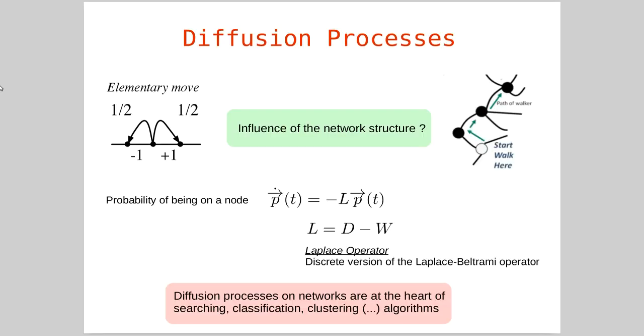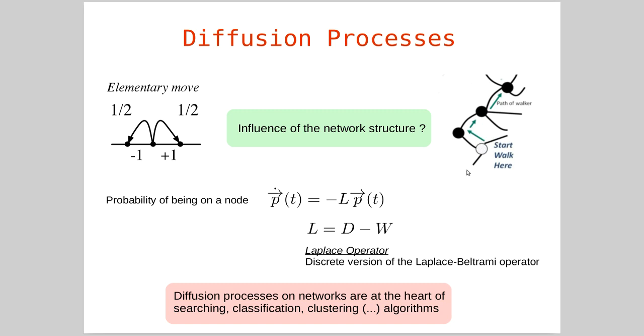So, diffusion processes, you might have heard in Professor Masuda's lectures, are heavily impacted by network structure. In a general setting, a lattice, you would have, for instance, the same probability of hopping on the right or on the left. But when you have a walker that goes around some graph structure, well, the whole